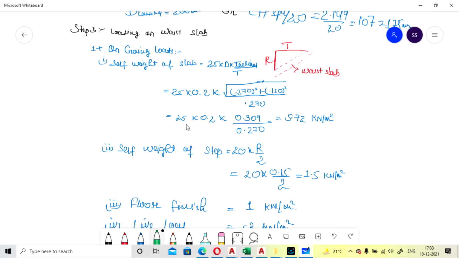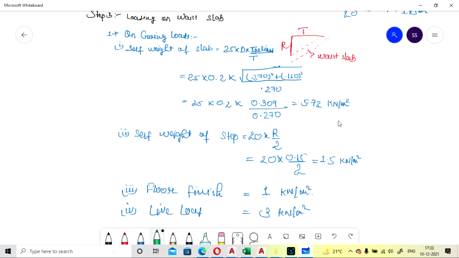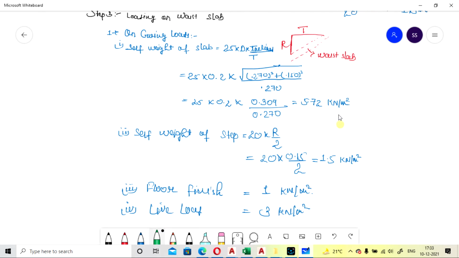So now it will come as 25 into 0.2 into 0.309 by 0.270. So our self weight of the waist slab will come as 5.72 kilonewton per meter square. If you consider per meter of it, you can also write it as kilonewton per meter.